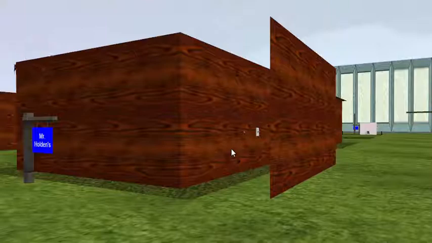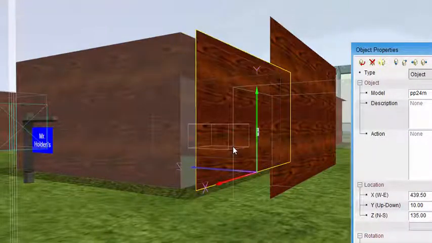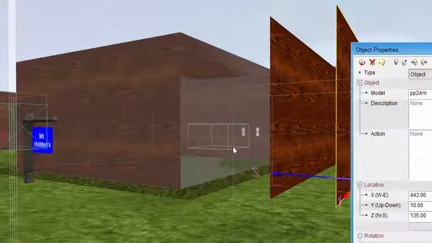So I need to have both L switch U and L switch D? You have to have one of each. That's correct. So you'll have two switch objects on your wall. One will be L switch D and one will be L switch U. And then after you've got your two switches on the wall,